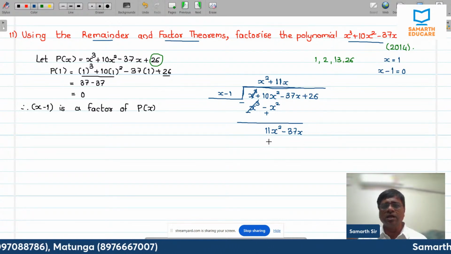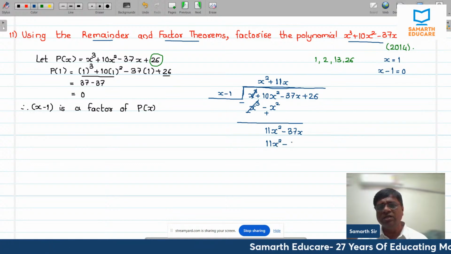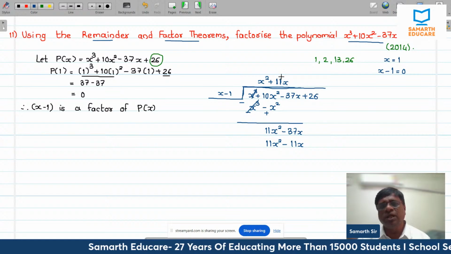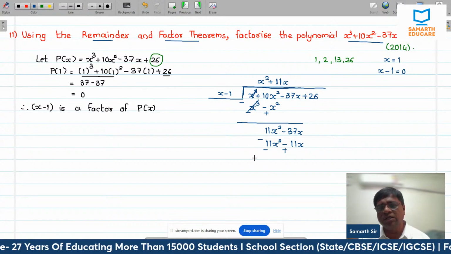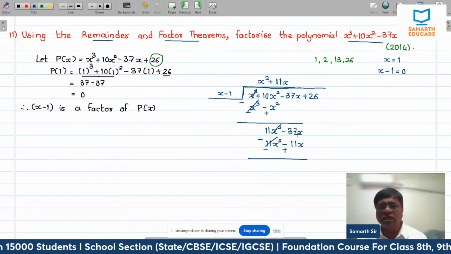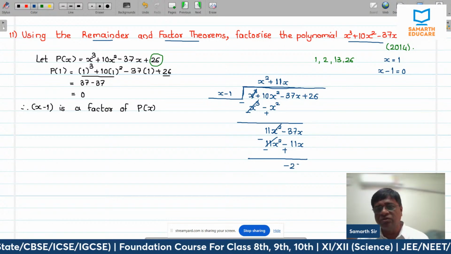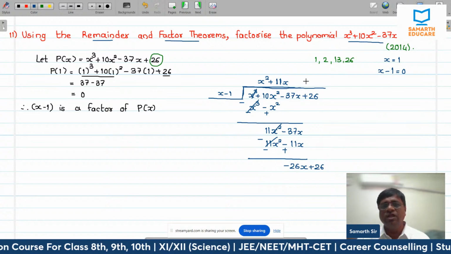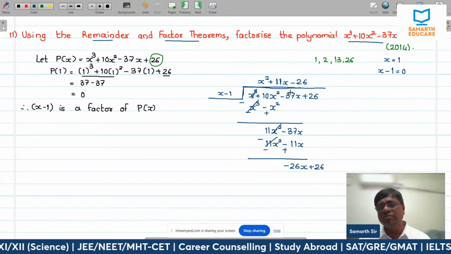से मल्टीप्लाई करना है मुझे. 11x स्क्वायर माइनस 11x, राइट? x माइनस 1 को मल्टीप्लाई कर रहे हैं, 11x से मल्टीप्लाई कर रहे हैं. सो सब्ट्रैक्शन होता है, ये माइनस ये प्लस. अगर ऐसी बात है तो 11x स्क्वायर कैंसिल हो जाएगा. माइनस 37 प्लस दिस 11 इज माइनस 26x and plus 26. I will have to now multiply by minus 26, so that x multiplied by minus 26